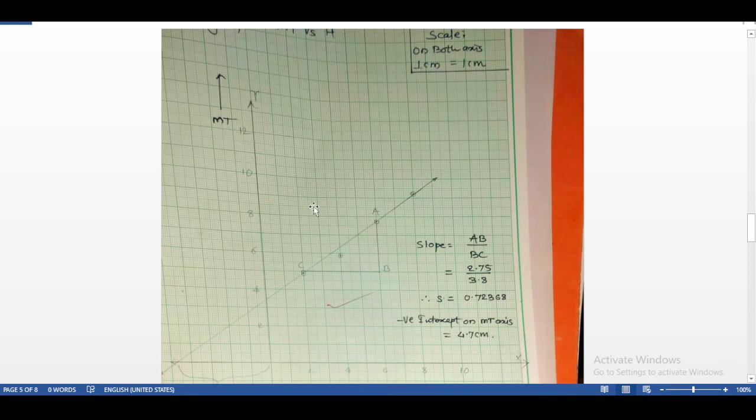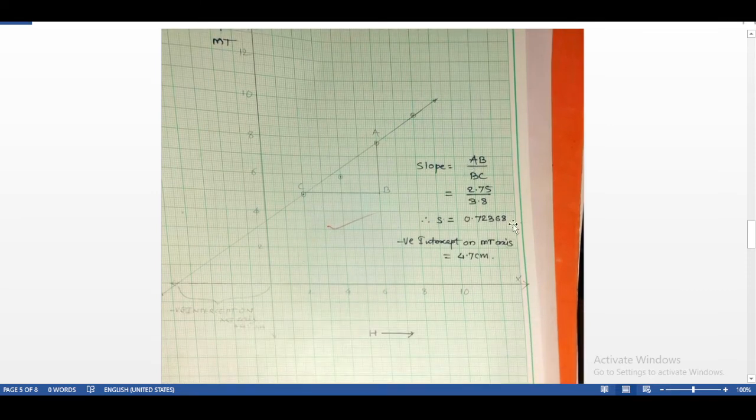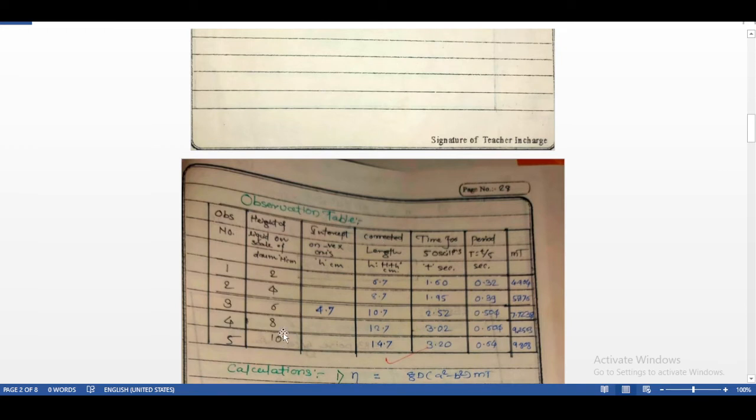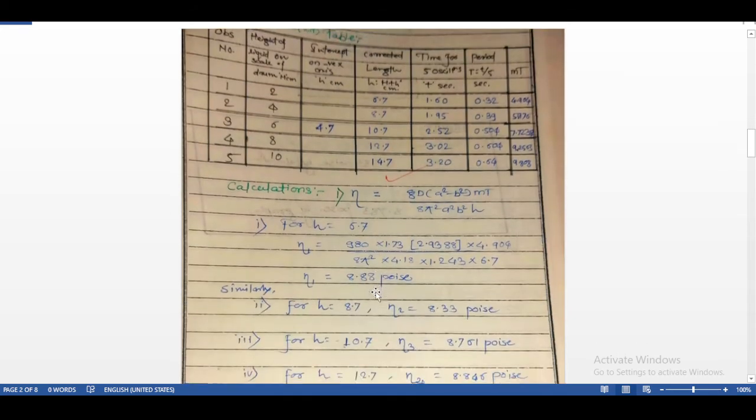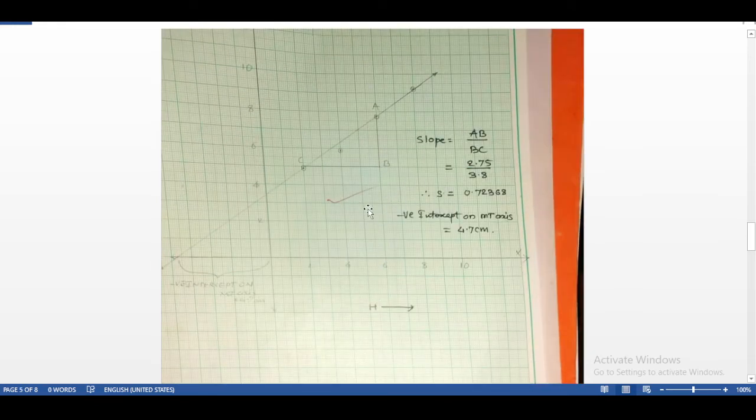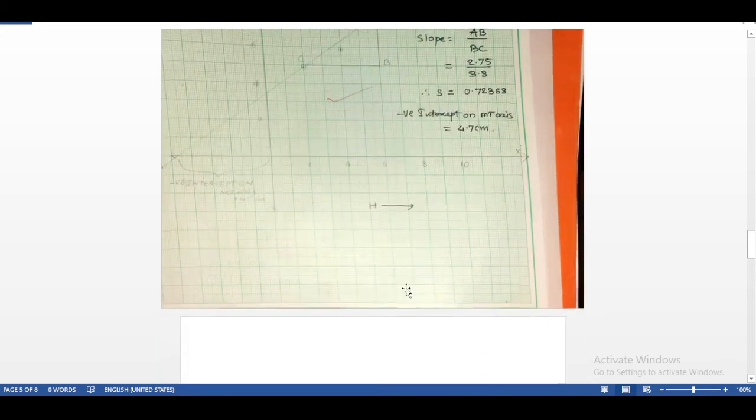It is this mt versus h graph. We are calculating here the slope, and it has a negative intercept. It is very essential for the completion of the respective observation table. Like this, 4.7 is needed at each height. We are adding this intercept, then we are able to have the h column as this, and therefore the plot of this mt versus h is shown here. From the graph, you have to note two values, one is the slope as usual and another one is the intercept.